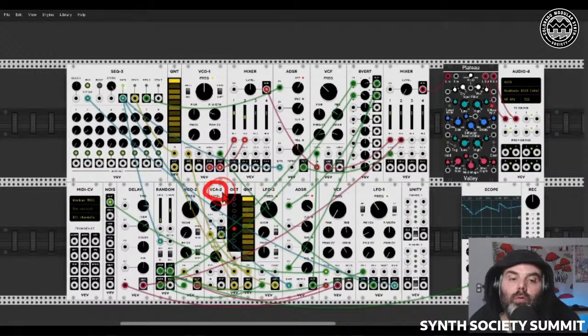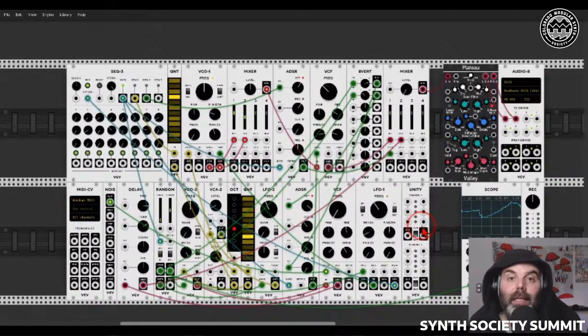This is the VCA2, this is a dual VCA, so you have 2 sections that you can use. And the octave module, so you can transpose your voices by octaves if you wish to do so. And then 2 LFOs, the LFO2 and the LFO1. LFOs are really useful. And also the unity mixer, which will mix different signals at unity gain, so at the maximum level, and you can get either the sum or the average of them.